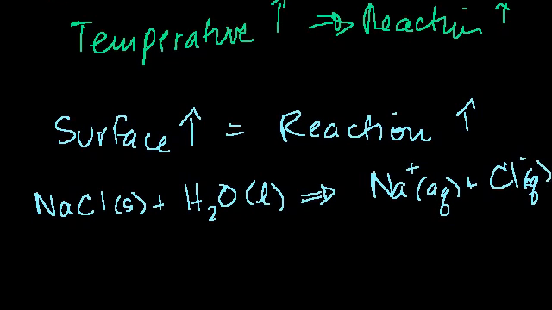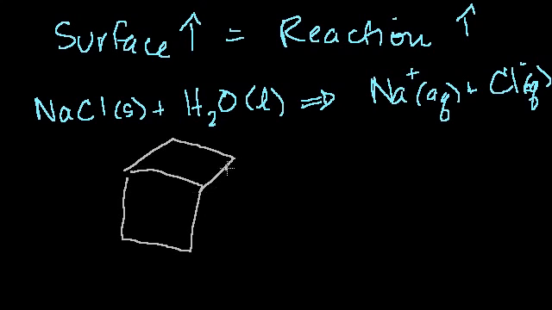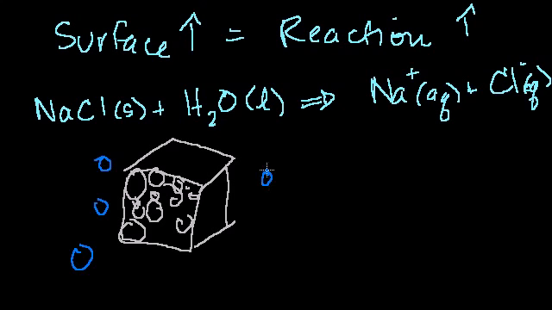And how does that happen? If you have a big block of salt, I'll do salt in gray, with a bunch of sodium and chloride atoms in it, and you have water all around it, the water is only going to be able to interact with the surface molecules and slowly dissolve away the salt,